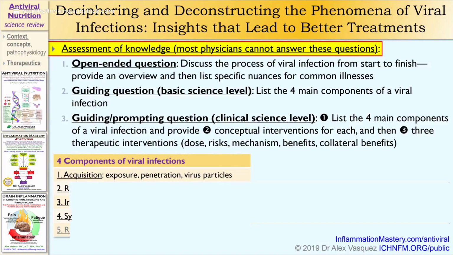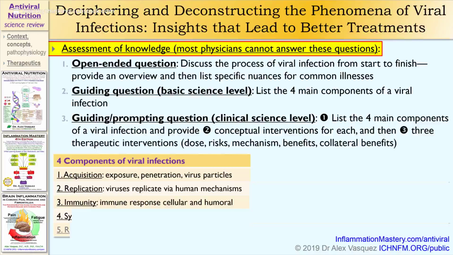Number one, the virus has to penetrate into a vulnerable cell, and you have some control over whether or not that penetration occurs. That is a nutrition-responsive process. Step number two in a viral infection is the replication of that virus. Viruses replicate via human cellular machinery, so to speak, and I'll show you some examples of that in just a moment. Step number three of any active clinical viral infection is the immune response, and step number four are the